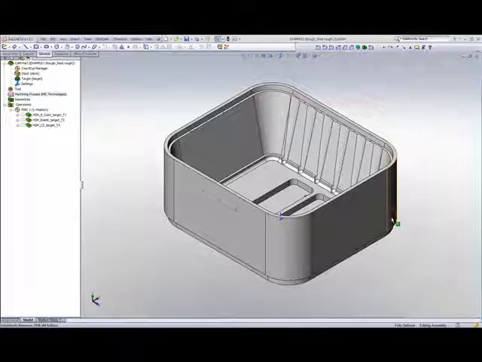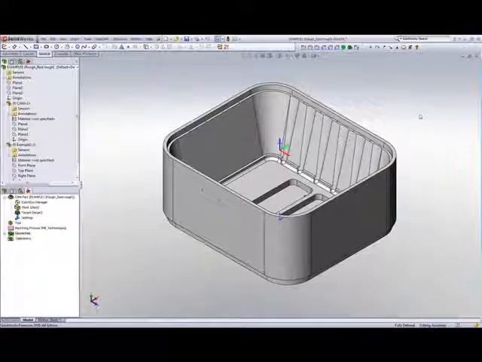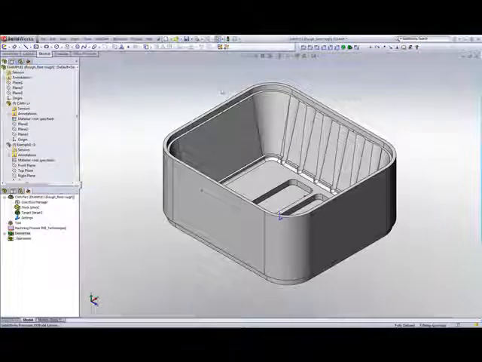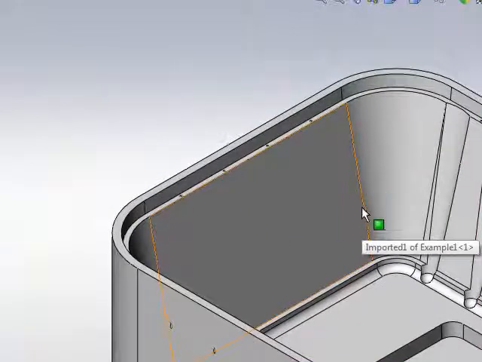SolidCAM HSM is a very powerful, market-proven advanced 3D mill and high-speed machining module for 3D parts, aerospace parts, and molds, tools, and dies. The HSM module offers unique machining and link strategies for generating advanced 3D mill and high-speed toolpaths. In this part that we have on our screen, I'd like to demonstrate our roughing options and some of